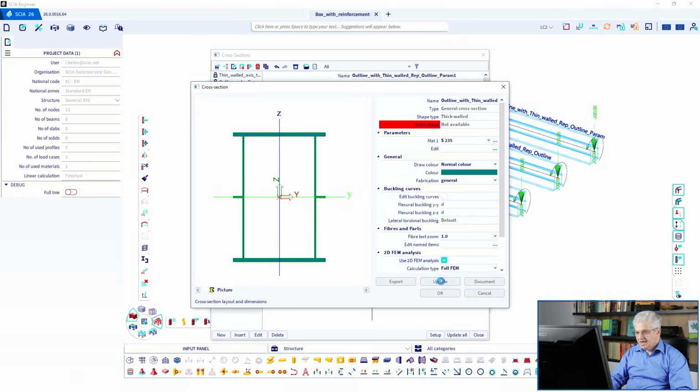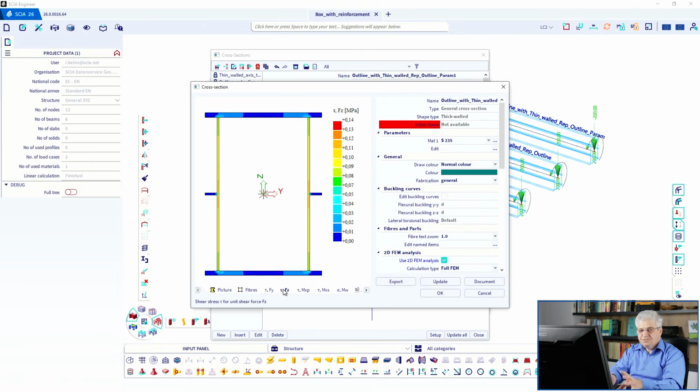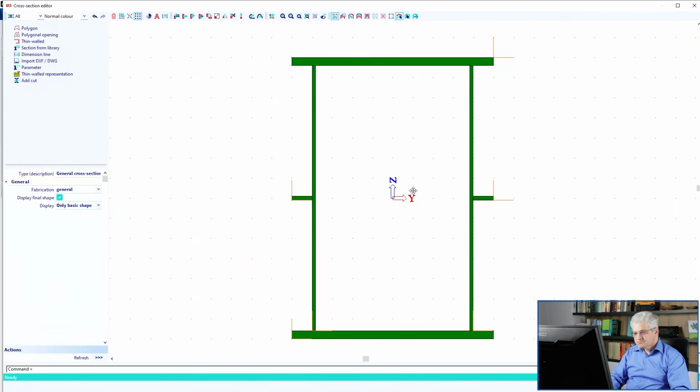I have FEM analysis, so I can analyze the cross-section. Use it also in the calculation, but because we don't have these parts for the classification, SCIA Engineer will use this cross-section as class 3 each time. Not class 4, no class 1 or 2. It's not an issue that it's not class 1 or 2. You are on the safe side, but if it should be class 4, then we are not on the safe side. We have to extend this input a little bit, so we can go to edit again,